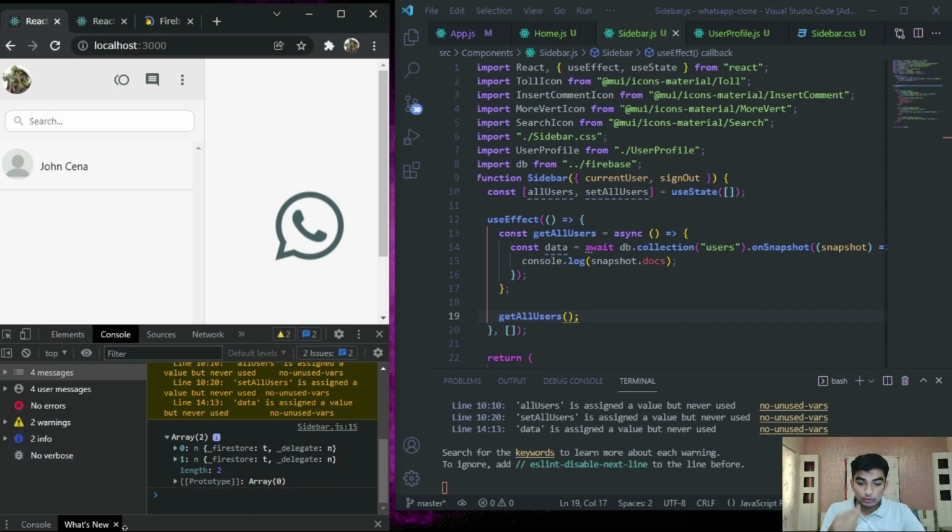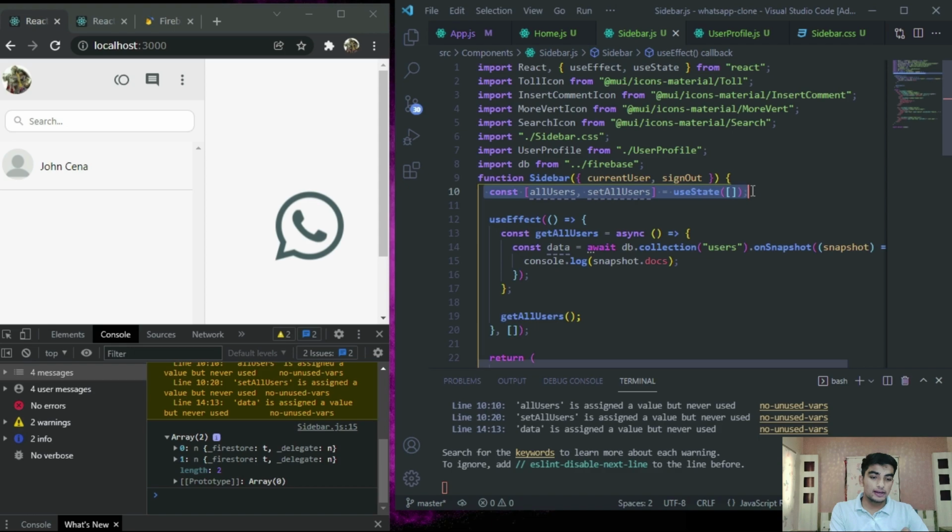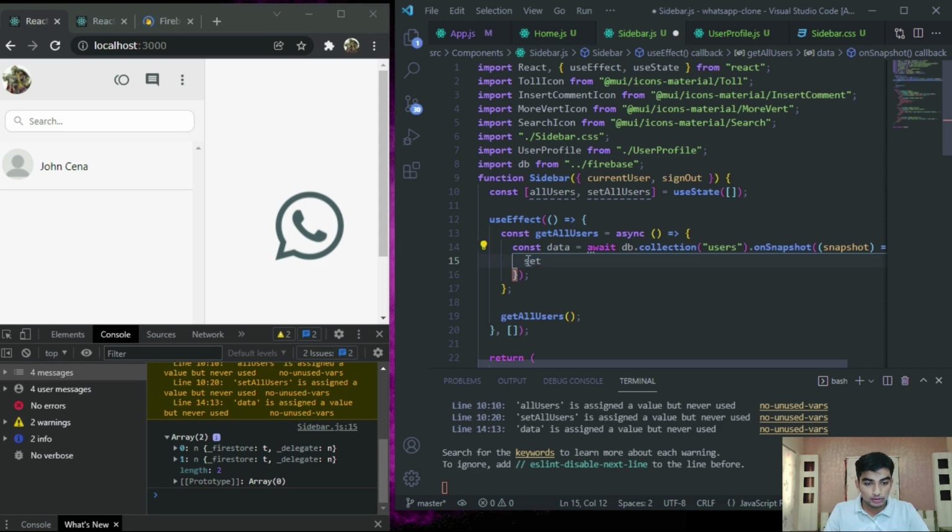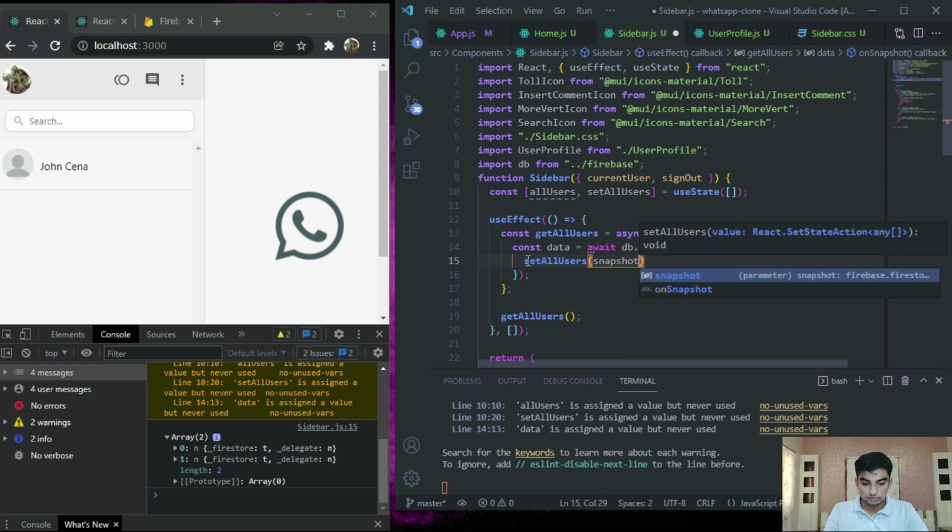Now we have to set this users array inside the allUsers state. So for that we have to type setAllUsers, but there is some twist here. We have to eliminate the current user that is currently logged in. So for that we are going to use a filter here. So snapshot.docs.filter